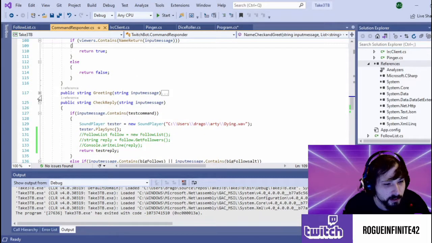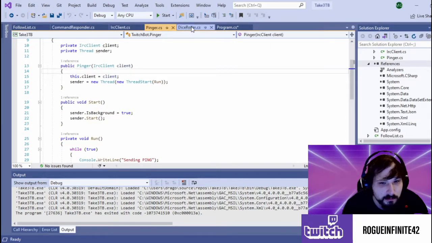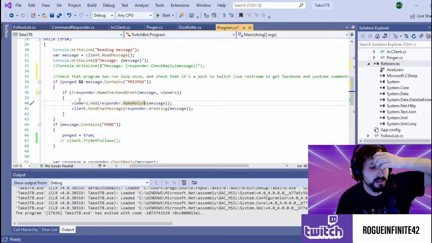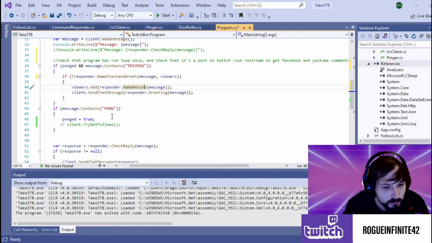It goes through greeting, it takes the message, and it goes, welcome to the party, and then adds their name with an exclamation point, returns that, and then it does it. It sends that message to the chat. So it plays a noise for me, that one specifically,